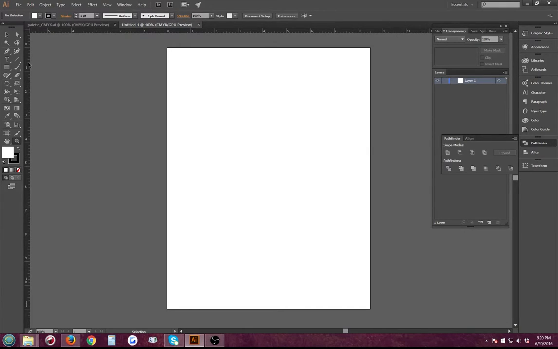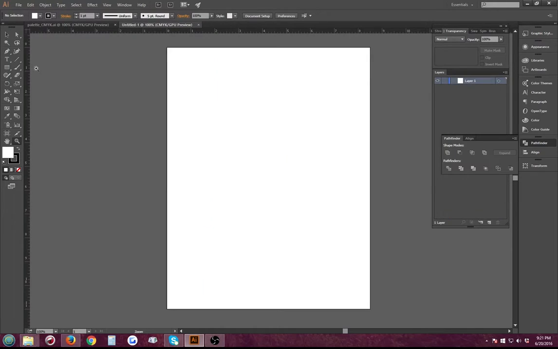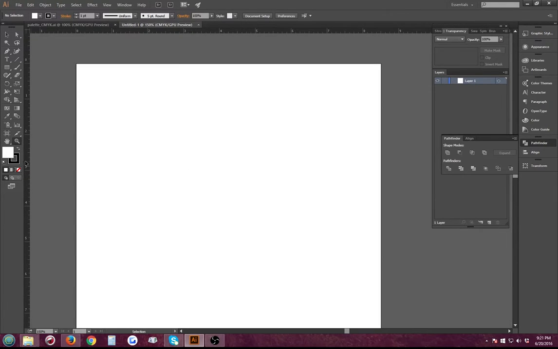Now, all of these palettes were created the same way. There are a few different techniques to create a palette, but create it this way. First and foremost, sorry, I've got some windows here that just don't make any sense. First and foremost, you want to have a document, whatever size you want it to be,